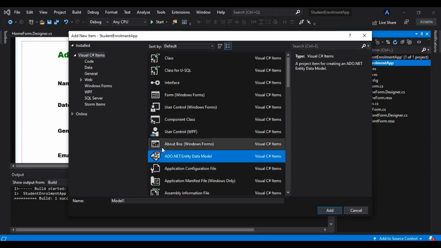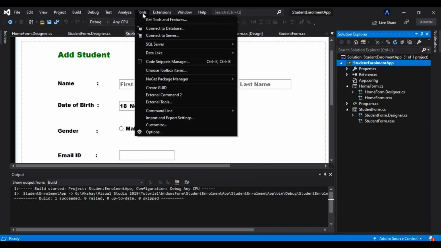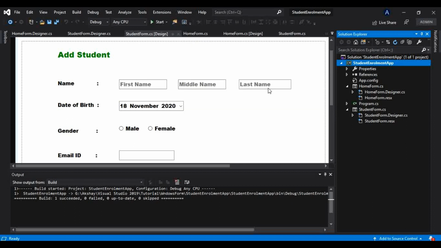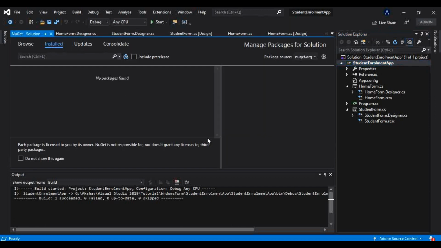If you are not seeing that here in this list, just go to this tools and go to this NuGet package manager, and in that manage NuGet packages for solution. So just go and click on that. This kind of a window will open, and in that just search. If I type this entity here, we should not search that in this installed tab, but go to this browse tab, and in that browse tab let's just type this entity here, and we will get all the packages here starting with the name entity.